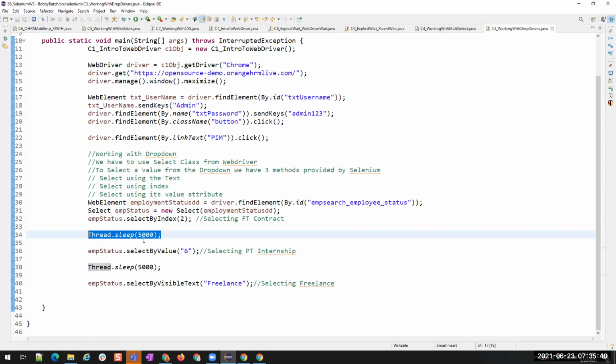And the other, last but not the least, is thread.sleep. This is not from Selenium, this is from Java. In Java, this helps us to wait blindly for 5 seconds. We are not verifying, or telling anybody that we are waiting for a reason, we are just waiting. That's all. Understood? If this is done, then I can go to the next topic.